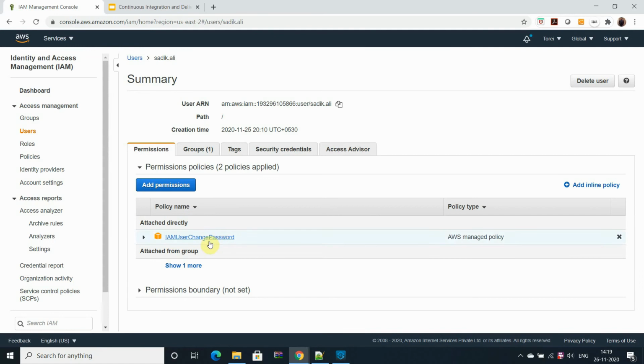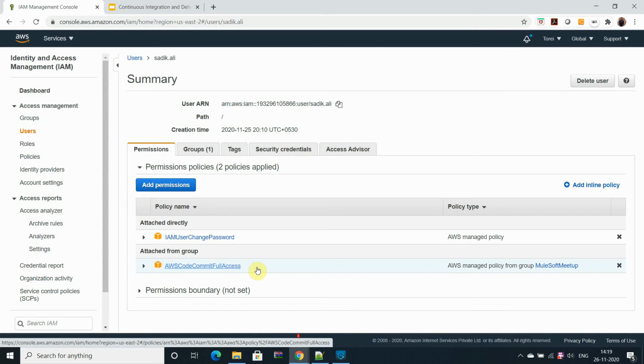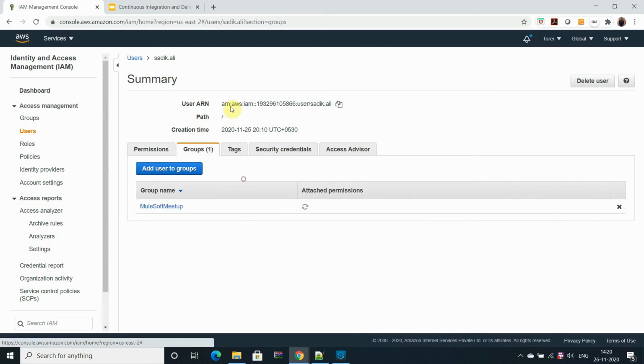Now you go to the user. You can see that I have provided the related information, like AWS CodeCommit full access to the user which I am creating right now, and I have associated this user with the MuleSoft meetup.